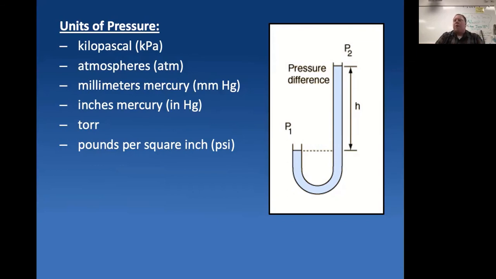However, when people later on were looking at this, they said, but all we're measuring is how high up it went. That's millimeters. We're measuring how many millimeters it pushes up the tube. Why are we calling it a torr? He invented this unit, but it is the same thing as a millimeter. A torr is a millimeter of mercury being pushed up the tube. So a torr is the same thing as a millimeter of mercury. Those are identical. He just gave it a special name because he invented it. And nowadays, nobody uses it. We all call it millimeters of mercury because it makes more sense. It's a millimeter. That's what the unit is, right? How high up the tube does it go, right?